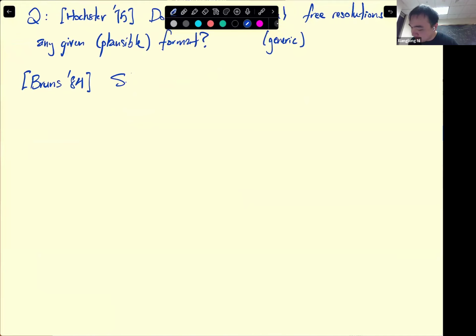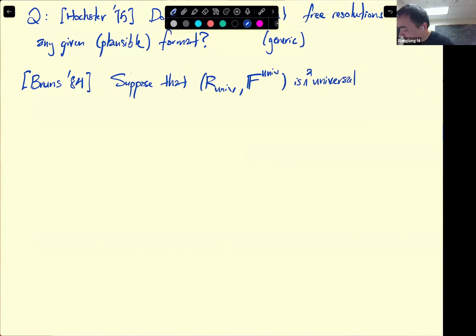So suppose that we have a universal pair, which is a universal free resolution for its given format. And Bruns's insight was that if it's a universal free resolution for its format, it actually turns out to already be universal for complexes that are acyclic in grade 1. And the way that he argued this is as follows: so suppose that